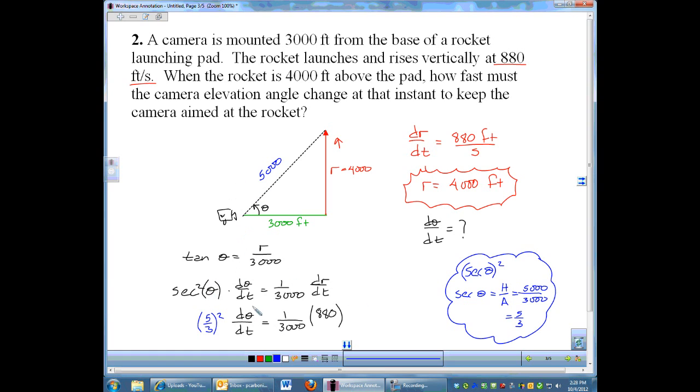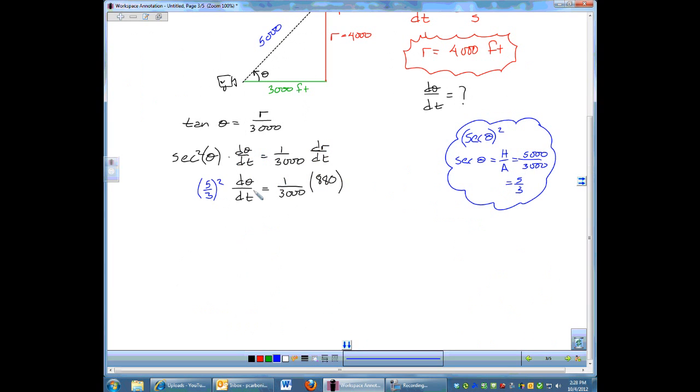So at that point, we now have all of our stuff plugged in. We have (5/3) squared. Let's clean that up. That's 25/9 d theta dt. Now, I'm usually not a big fan of cleaning up, but I could at least cancel one of those zeros, right? So this would equal 88 over 300, and then d theta dt is going to be 88 over 300